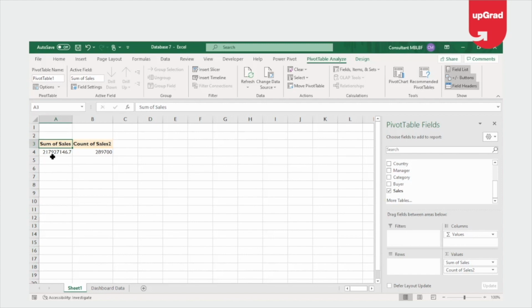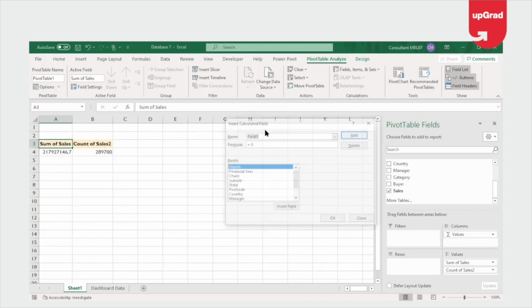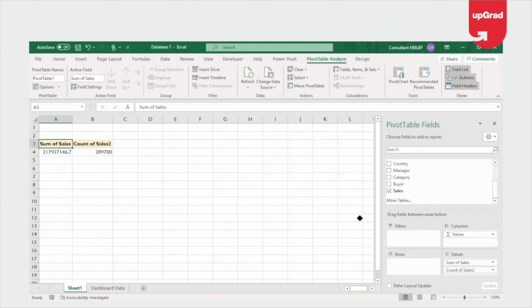And that's why Excel has one more option available where we create our calculation through the fields, items and sets, which is called calculated fields. Whatever calculations you create from this calculated field are called explicit measures. Why do you call it an explicit measure?